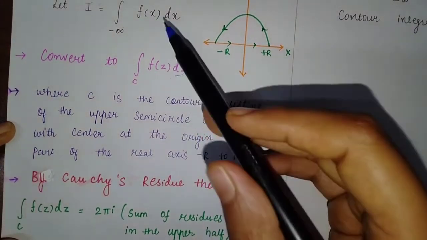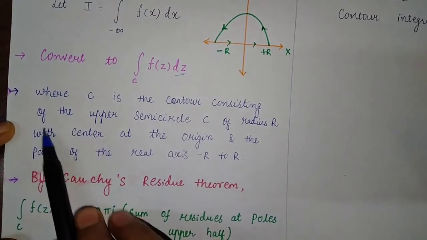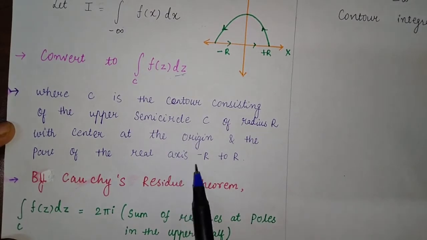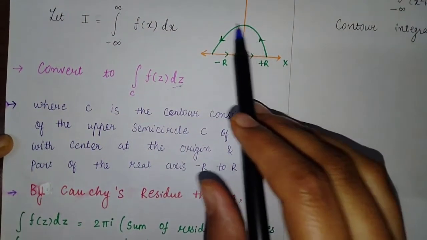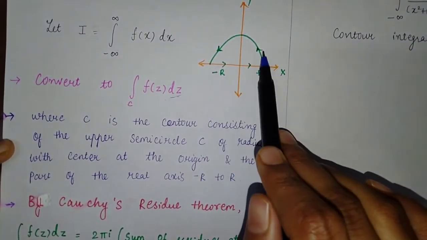Okay, so first step શું છે કે function ને તમારે z ના ફોર્મમાં કન્વર્ટ કરવાનું છે. Then the next step is you always have to find the contour on the real axis that is minus r to r. એટલે કે આ રિજનમાં જ તમારે આ રિજનમાં જે પોલ્સ આવતા હોય એની માટે જ ફાઇન્ડ કરવાનું છે.